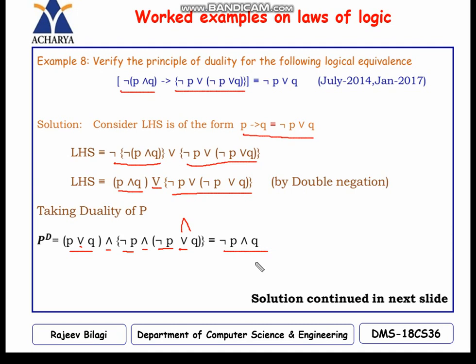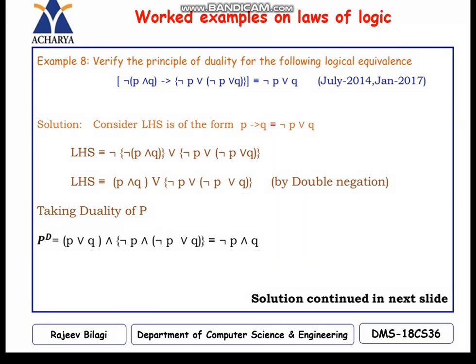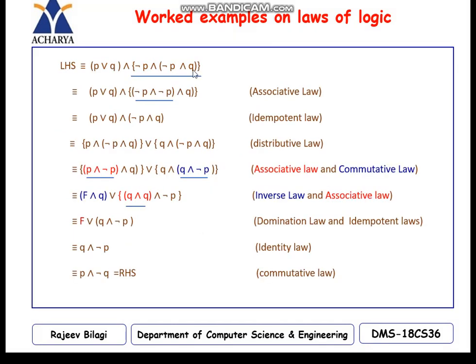Okay, now we have to prove that these two compound statements are logically equivalent. So one way is writing down the truth table for this and proving both the truth values are the same, and another way is to check using laws of logic. Okay, now I will take the second one, laws of logic. Okay, P or Q. Okay, so that particular statement. Now I'll apply various laws of logic.